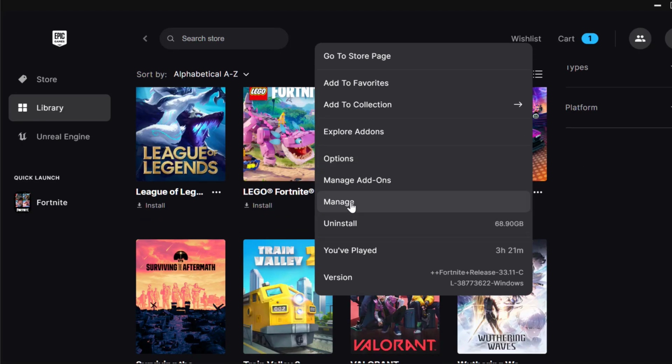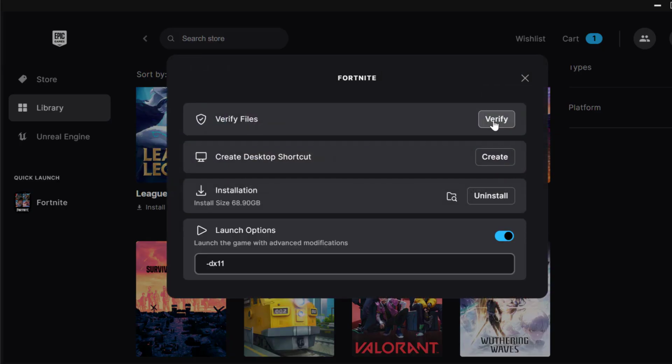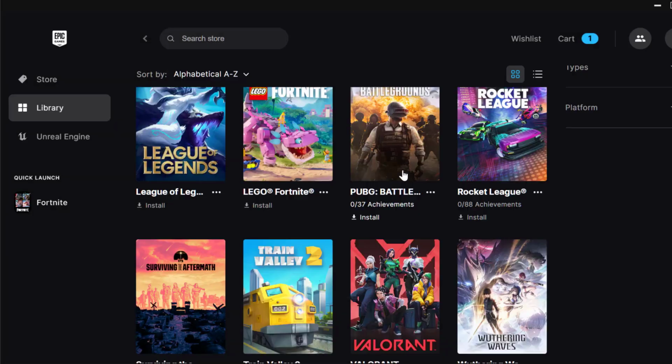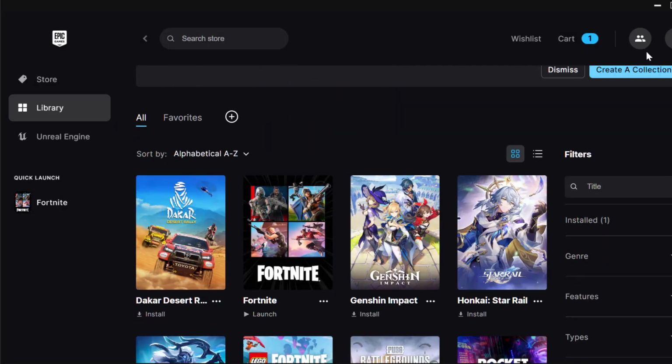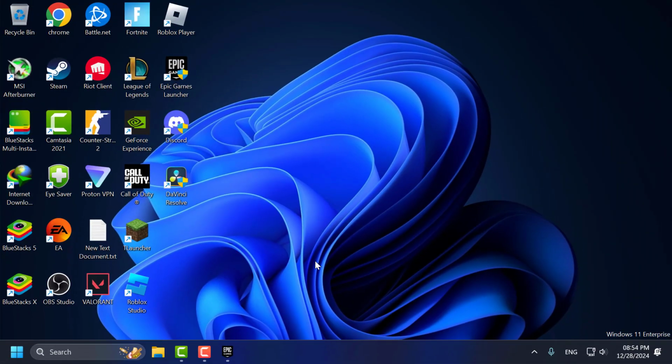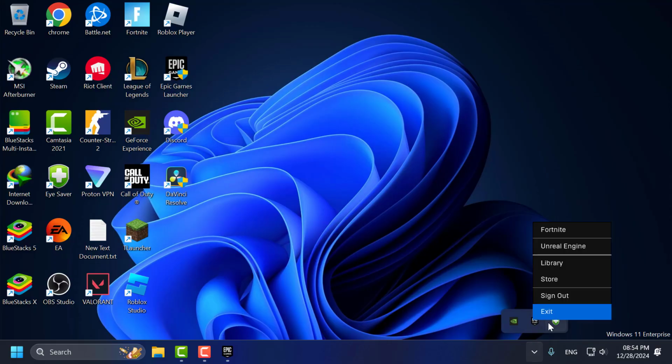select manage and select verify, and verify the game files. After getting verification done, you can check if the problem is solved or not. If not, method 2: you just need to click on the system tray, right click on the Epic Games and